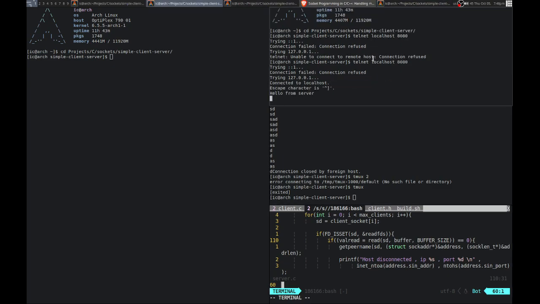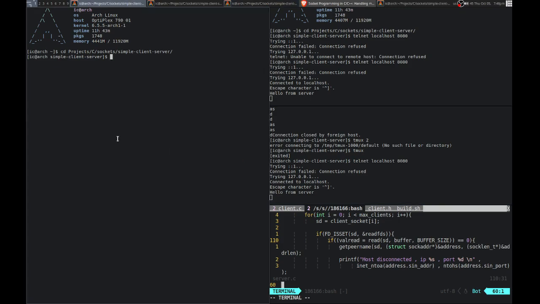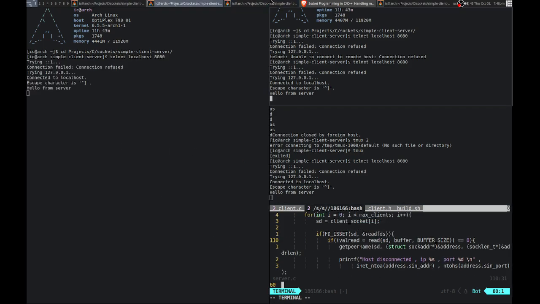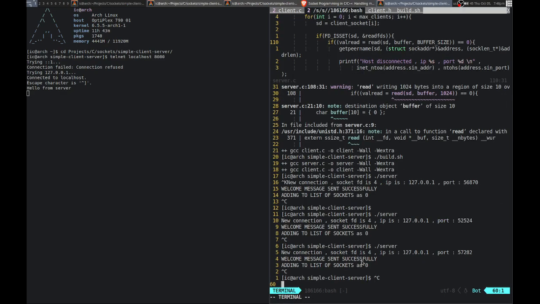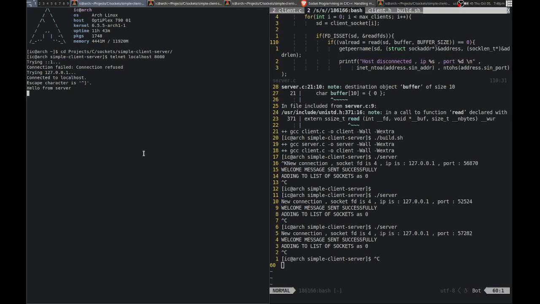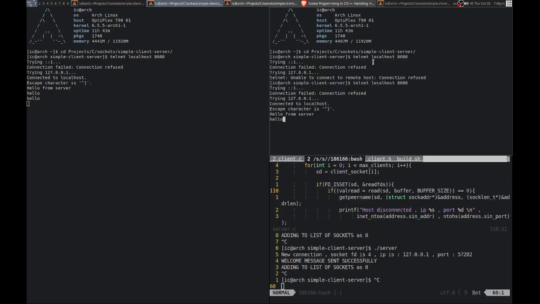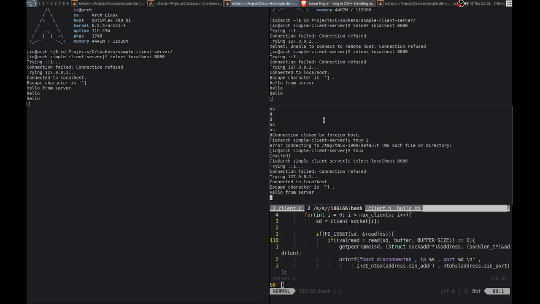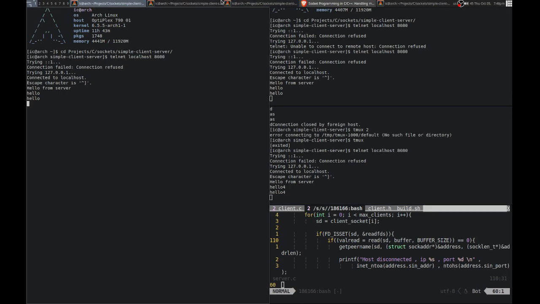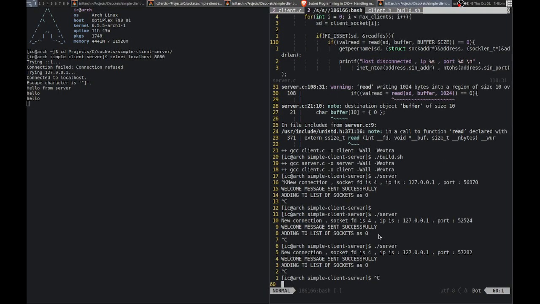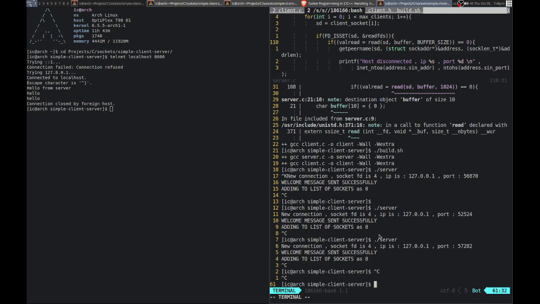Now it should be running. Telnet localhost 8080. Localhost 8080. And okay. So now if I look at this, alright, so it's running. Hello. Hello. Hello, 3. That's 4. Now if I end it,